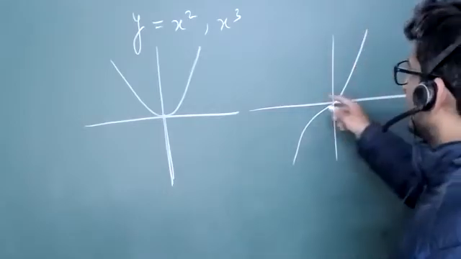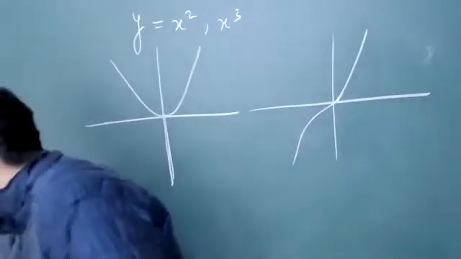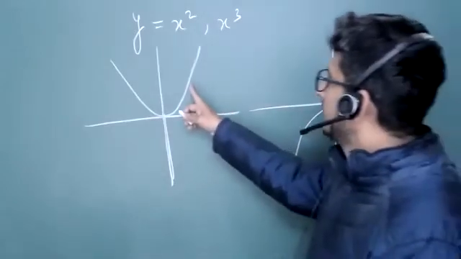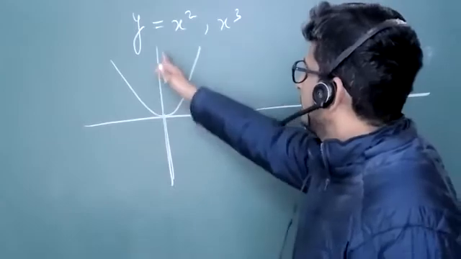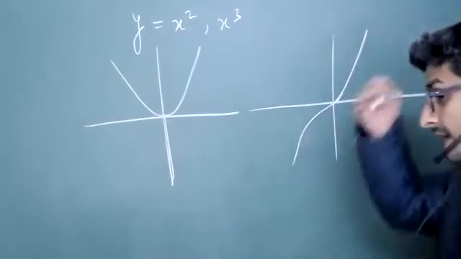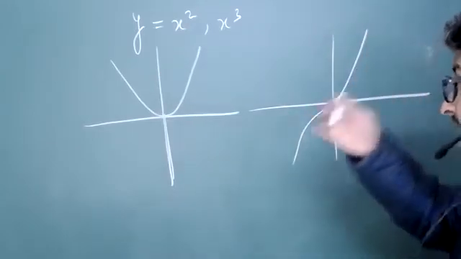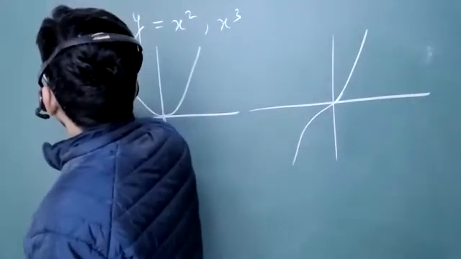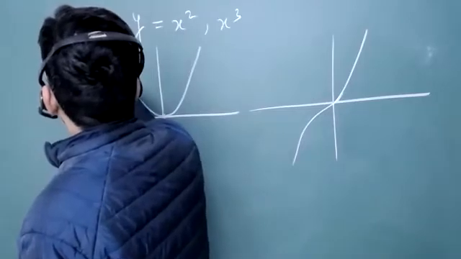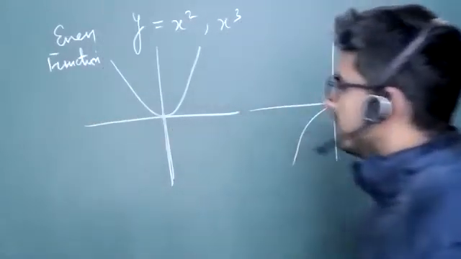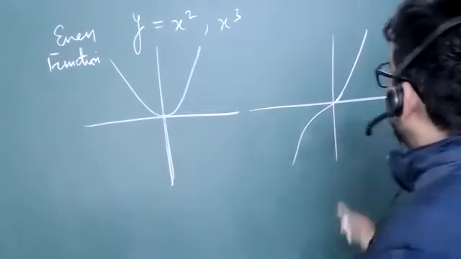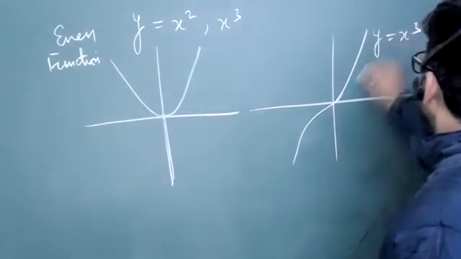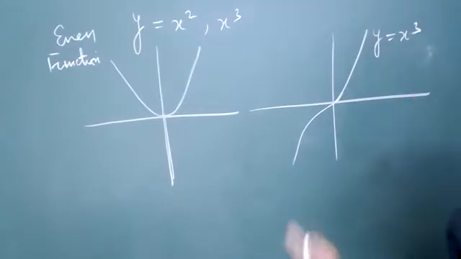Look carefully. So this will be y is equal to x square, and this will be y is equal to x cube. And you can also see this will be symmetric about y axis. This is an even function, symmetric about y axis, and this is an odd function because it is y is equal to x cube. This is an odd function, so it will be symmetric about